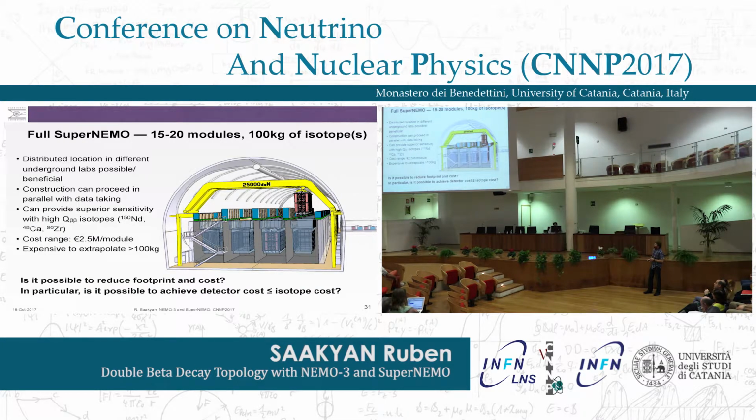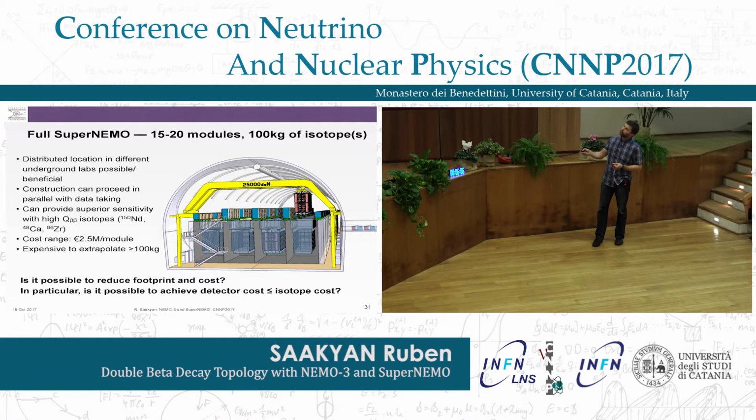Okay, so what happens next? Of course, the demonstrator is now our main focus. In principle, the original idea was to have 15 to 20 modules, depending on how much isotope you put in a single module. In principle, because of the modular design, you can have a distributed location, even in different underground laboratories if you want to. The construction can also proceed in parallel, but of course the key question right now is